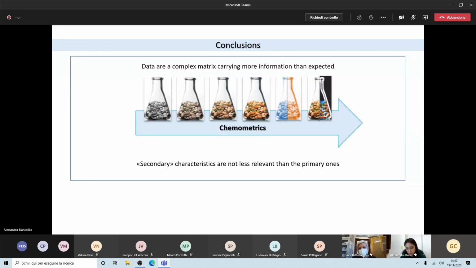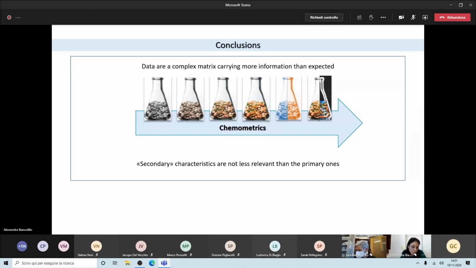So now I will draw some general conclusions on chemometrics and on its application. What you would like to remember from this seminar is that data are always more complex than you expect.